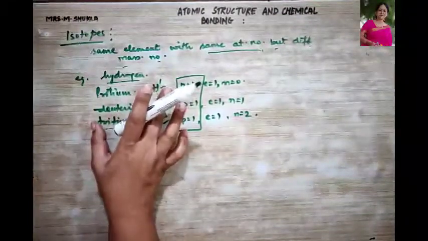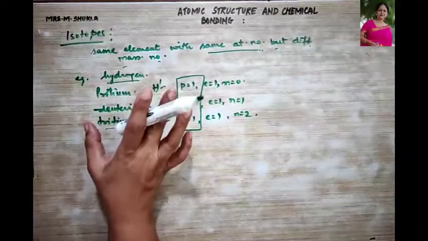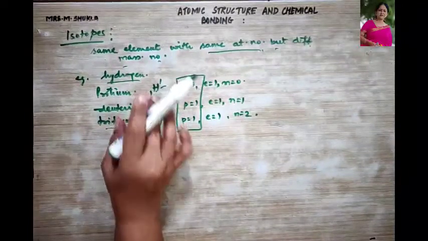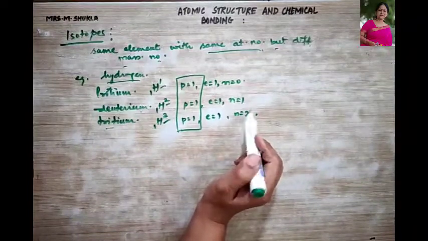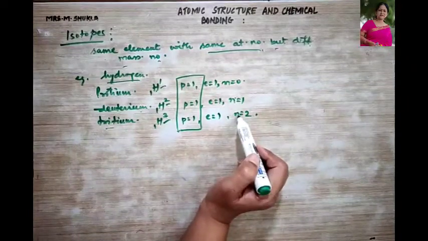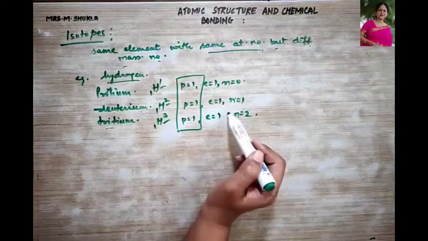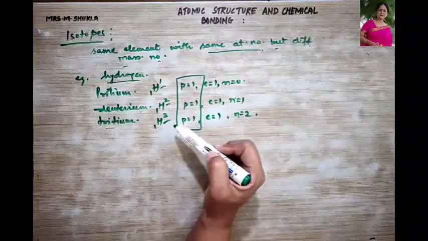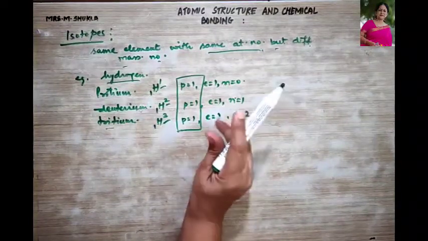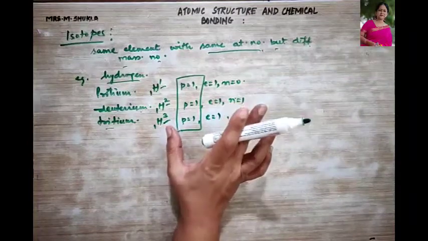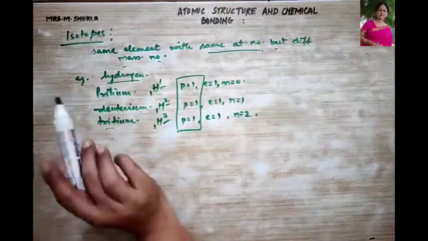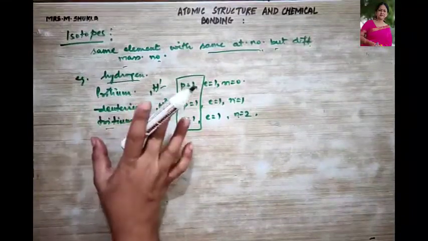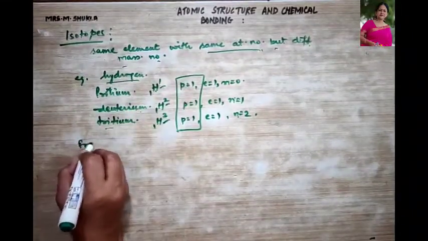Isotopes only differ in their physical constants and their weights. That is, the mass number depends on the number of neutrons that are present over here. And if you see, the neutrons are different in all the 3. So definitely the physical constants and the weight differ for all the 3. Then they occupy the same position in the periodic table. Hydrogen has the first place in the periodic table. Okay.